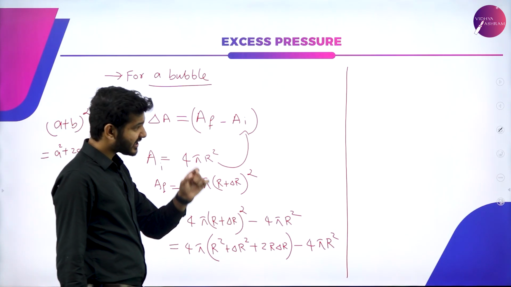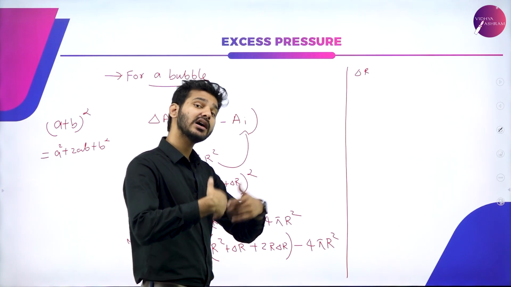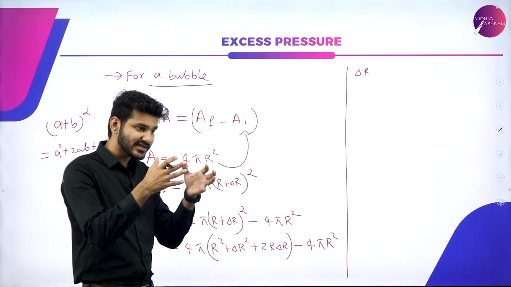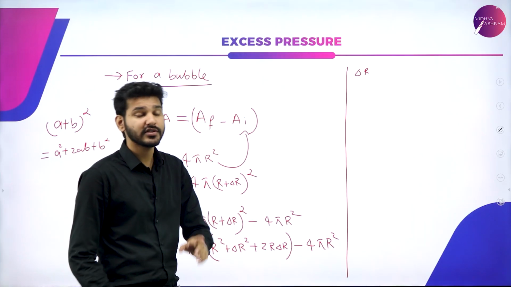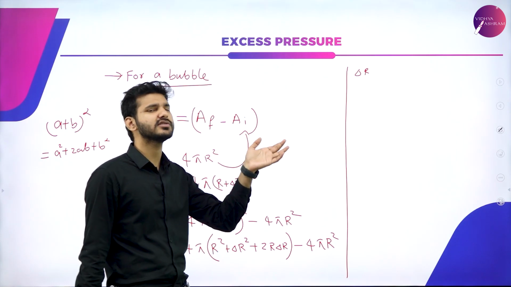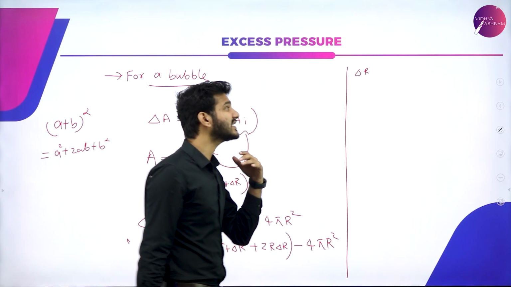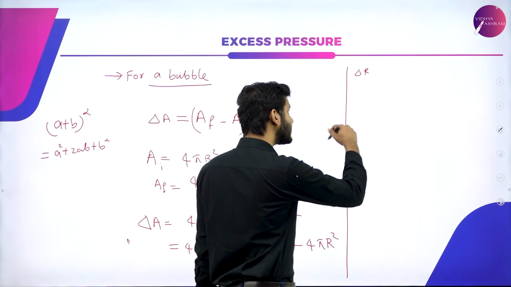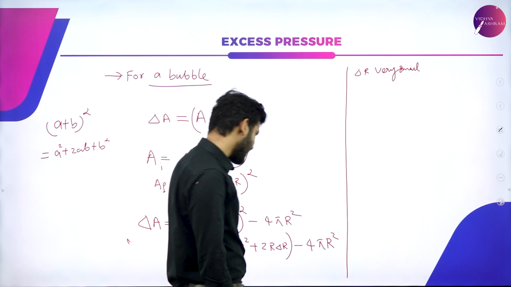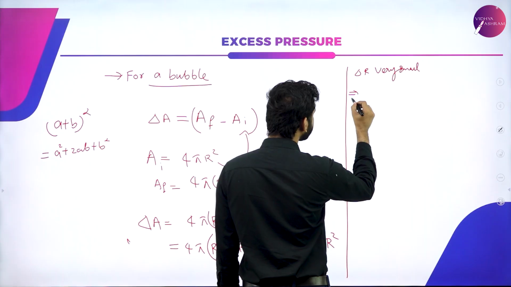So again, we are going to take a small assumption that since Δr is already very small, Δr² will be even smaller than that. Imagine if Δr, that is the increase in radius, is 0.001 units. If I square that, again it will be even smaller. For example, 0.0025 units. If I square that, it will be even smaller. So since it is getting smaller and smaller, we are approximating that Δr² is approximately equal to 0,